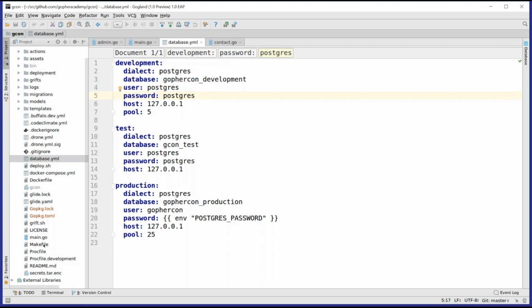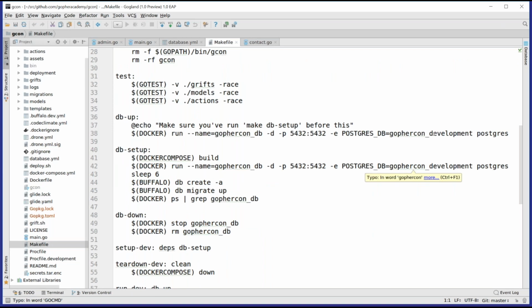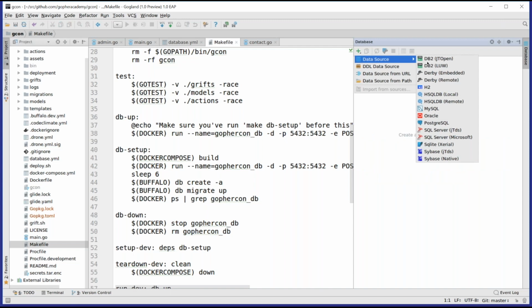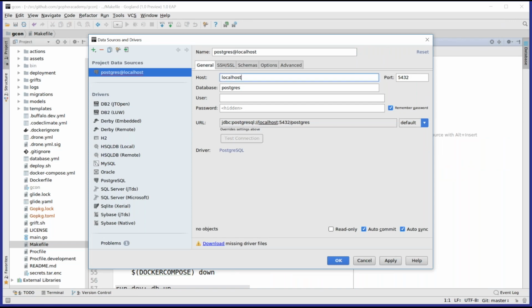And let me just double check my makefile to make sure that that's exactly what I have set up. So the database is called gophercon_development. And I can go in now and connect using GoLand to a Postgres database. It's running on localhost, but I'm going to change that to 127.0.0.1 just to be safe. Database will be gophercon_development, user Postgres, password Postgres,